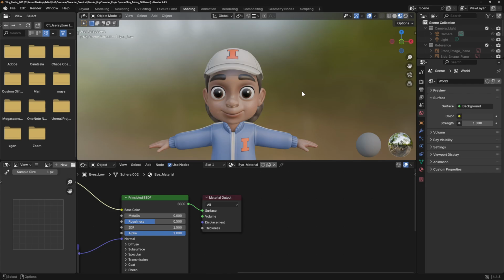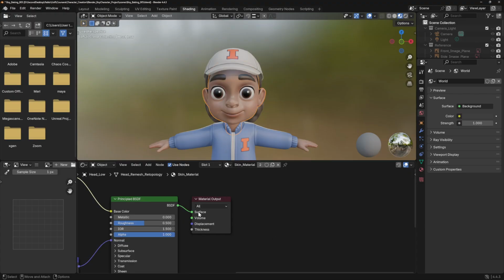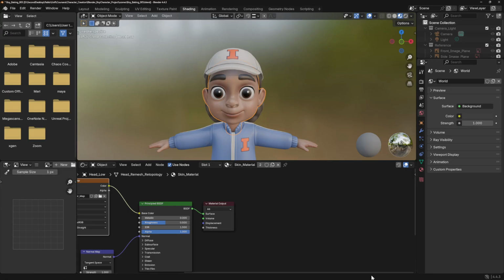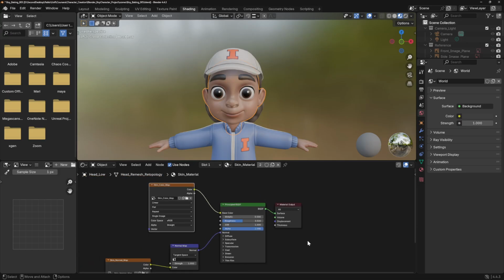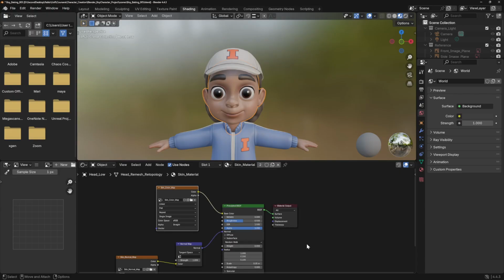And so that's how you know you're in what you call a look dev stage here. So the first material I do want to adjust is the skin itself. So I'm going to go ahead and select the head. And so what you'll notice, we have the shader editor here already loaded up, which is perfect for the look dev process now. And the first thing I do want to adjust is the subsurface setting. So if we go ahead and open this up,